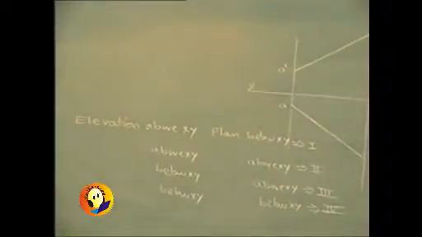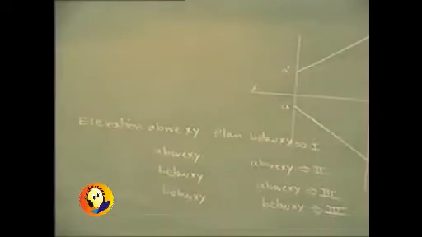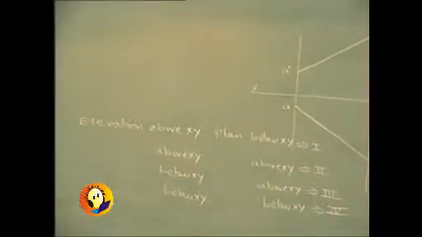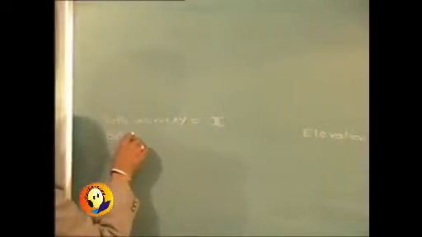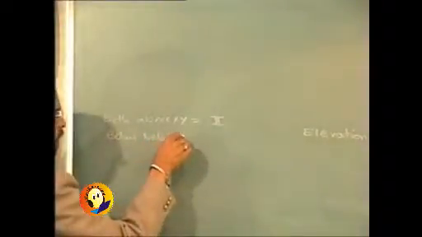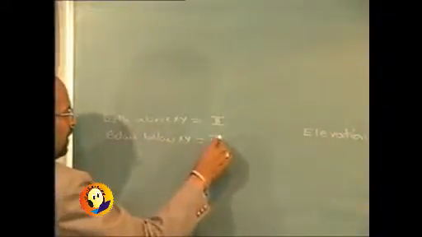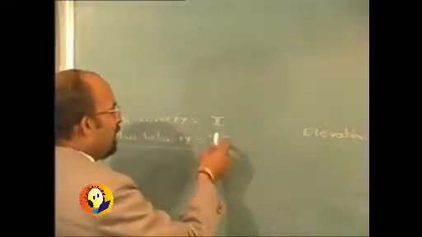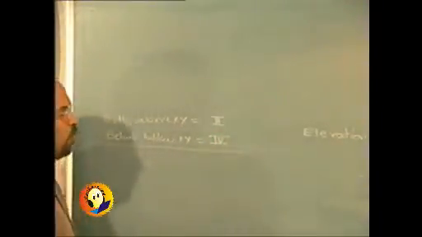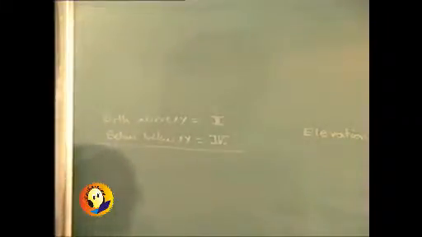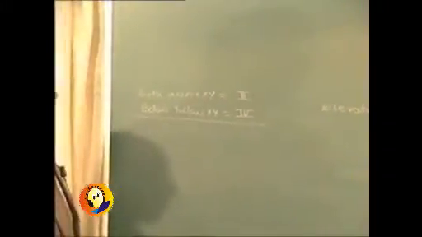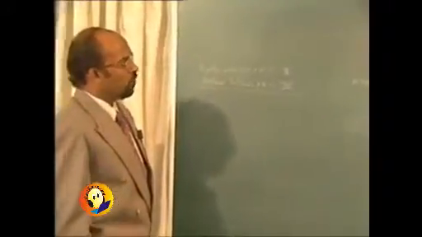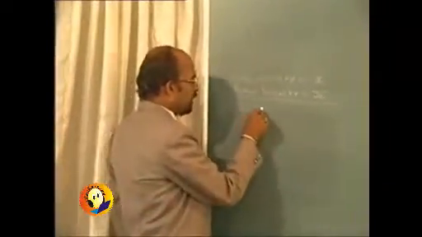Ultimately we say that both above XY, it is the second quadrant; both below XY line, it is the fourth quadrant. And when the plan and elevation are on opposite sides, it could be quadrant 1 or quadrant 3. This itself actually is forming the base for something called the first angle method of projection